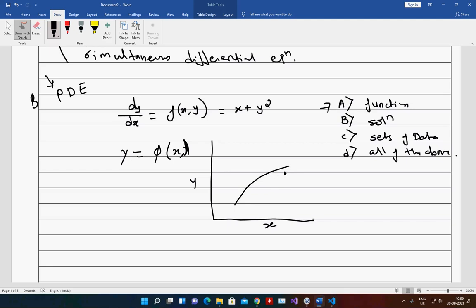Okay. Now what in Euler's we are doing it. So this is all our initial value problem. Okay. It is not a boundary value problem. It is initial value problem. Okay, that means present we are aware of, and future we have to predict.